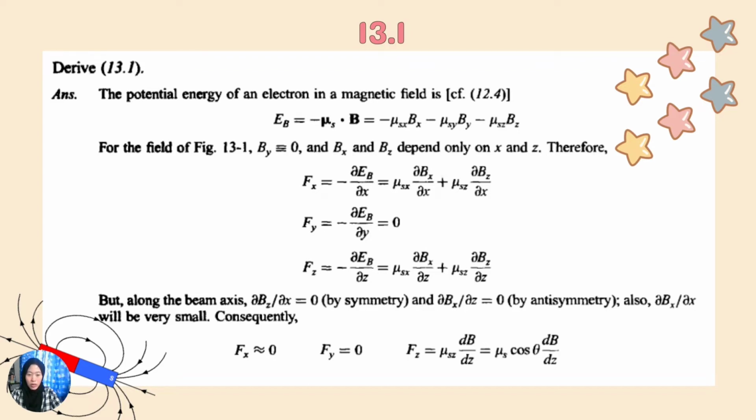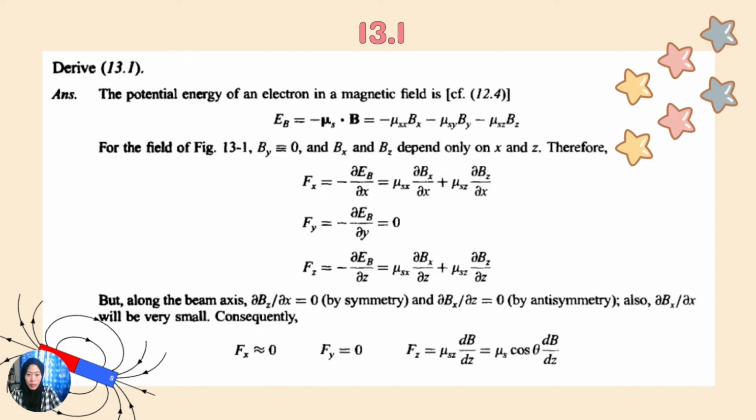Based on that figure, By equals 0, and Bx and Bz depend only on x and z. Therefore, Fx equals negative dE_B over dx, equals mu_sx dBx over dx plus mu_sz dBz over dx. For Fy, just now we already said that By equals 0, therefore Fy equals 0. And then Fz is negative dE_B over dz, equals mu_sx dBx over dz plus mu_sz